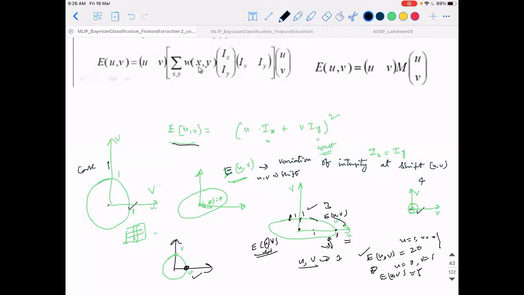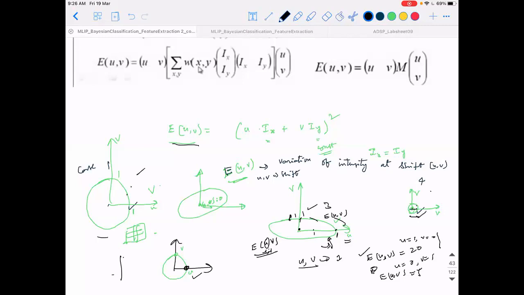Yes, sir. Right. So compared to this case versus this case, what happens? This is again constant. So even if I make a small variation, if the values of magnitudes are the same here and there, then there is high variability here. Or if I fix the values and then the E(U,V) values are much higher in this case compared to this case, then I say that there is a high variability.